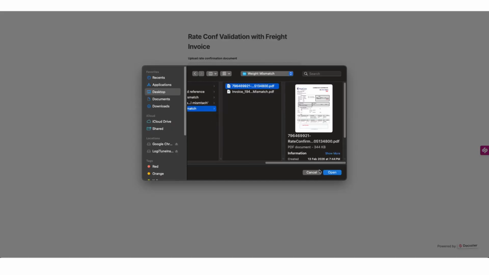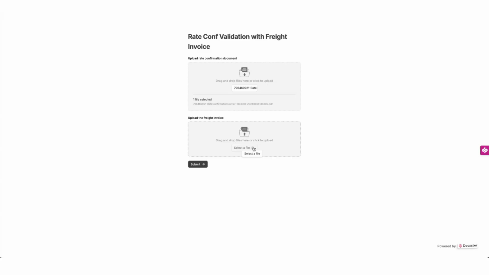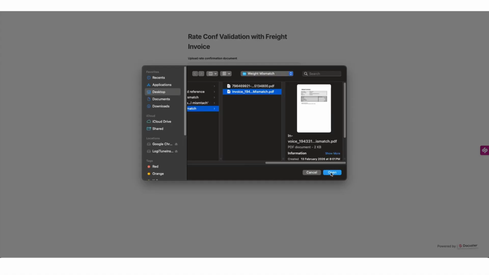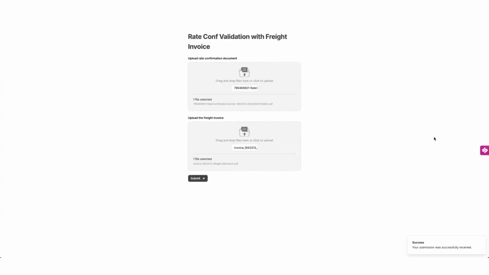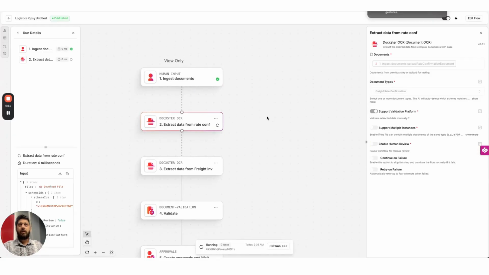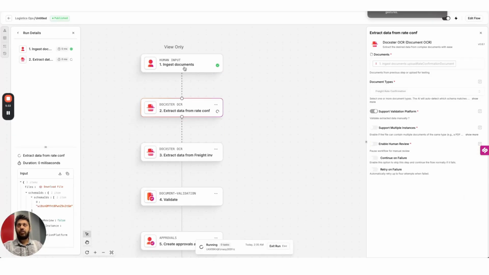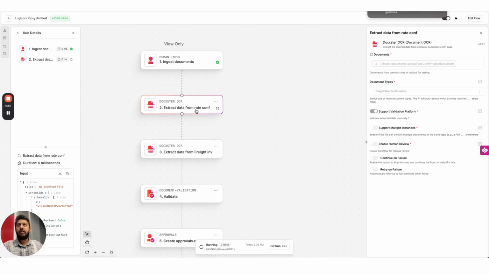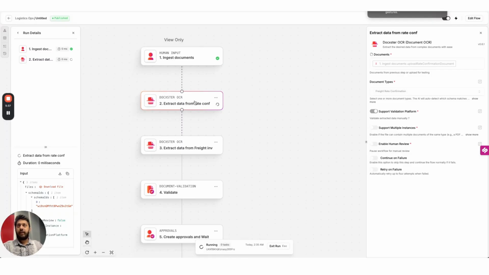Let's say that's my rate confirmation, and here I'm going to have the invoice and click submit. Now, when you go into your workflow and you click on runs, you can actually see the process working in real time. So the documents have been ingested, you have the data being extracted from the rate confirmation,